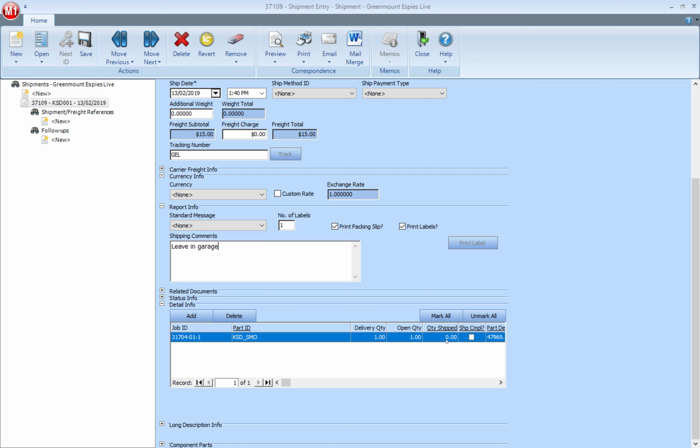Quite often you're going to have to type in the quantity shipped, especially if there's multiple lines, and if the delivery quantity and the open quantity are the same, so like you've sent it all, then you'll tick that button as well for shipment complete. If it's the whole job getting shipped, you would hit mark all, and it'll add every one of these lines and it'll tick every box. From there you would hit save at the top right